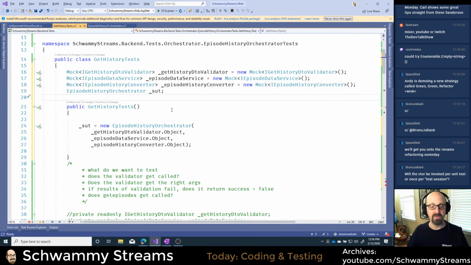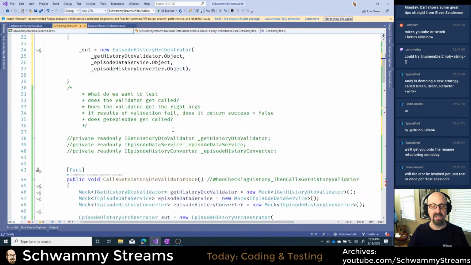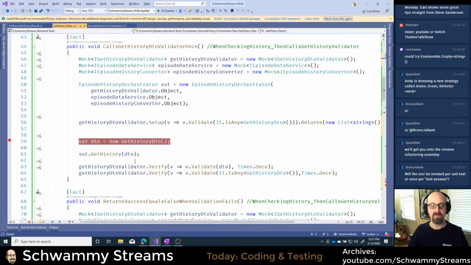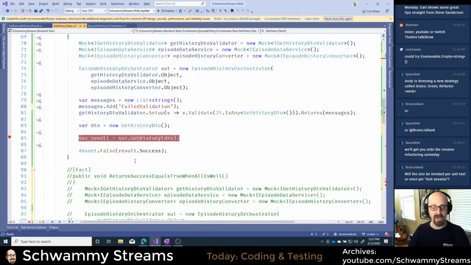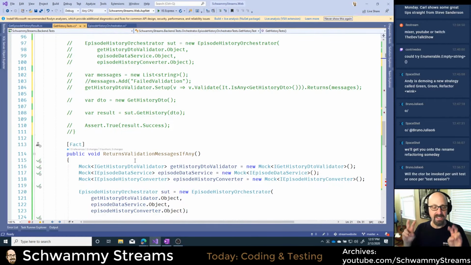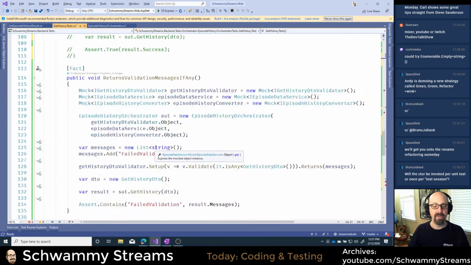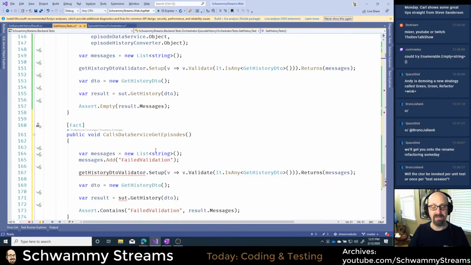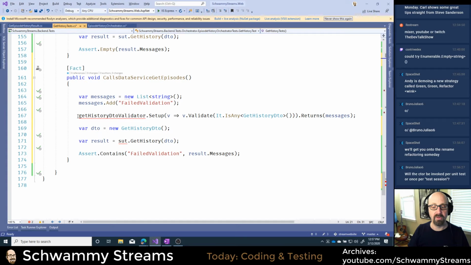Moq, the framework I'm using, calls the constructor once per test. And so each time those mocks will be created from scratch, with all new, clean data for every one of them. But different frameworks behave differently, so you want to think about that a little bit.